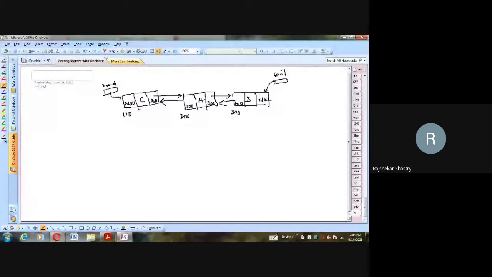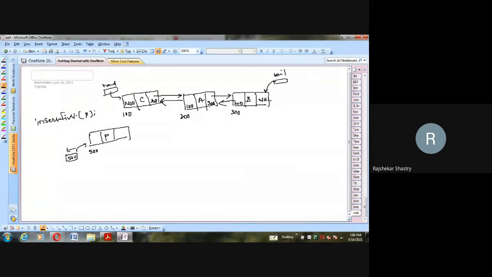Suppose this is my head, and I have to create a new node. This is my new node, held by, say, T, and the address is say 500. So here you will have 500. T is pointing to this, and P is the data. This has to be inserted before the head node, because I am talking about the operation called insert first, or insert at the beginning, and the data is P. So this is the node which I have to insert, and I have created that.